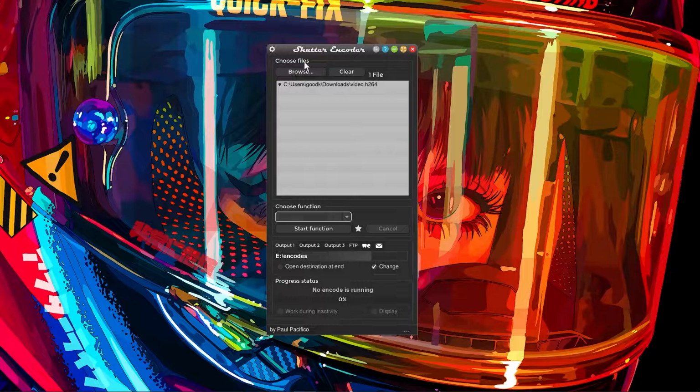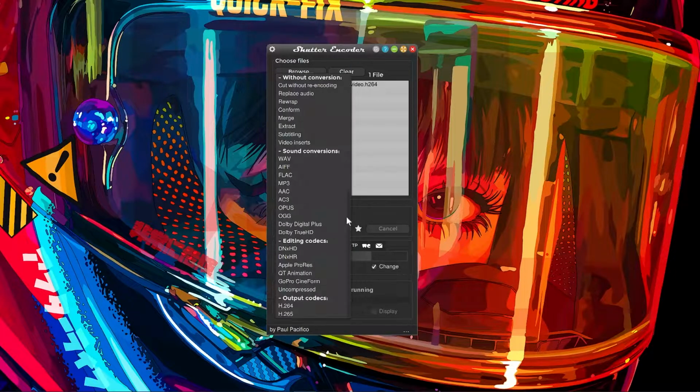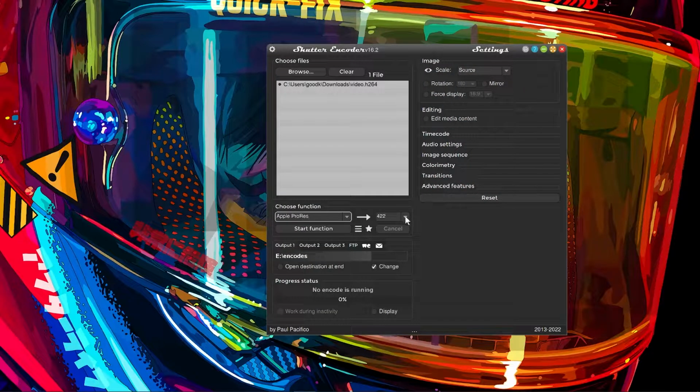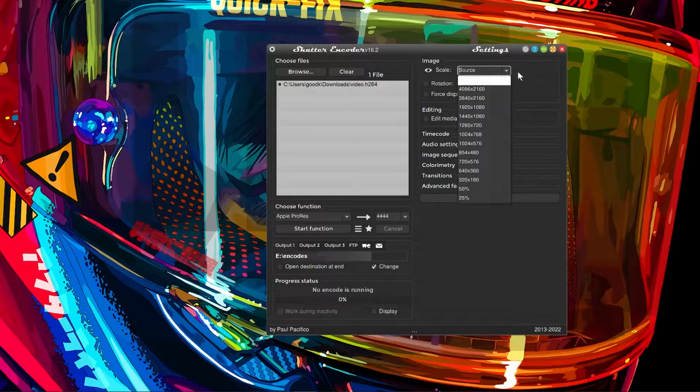So yeah. Anyway, Shutter Encoder, so browse, get your video file, and then you want to change this to Apple ProRes in your function, and you want to change this to 4444. There we go. And then your source. So you can either leave it as it is, or quite a cool little tip. If you're rendering say 1440p, if you scale it to 4K, that quality actually will carry over to YouTube a